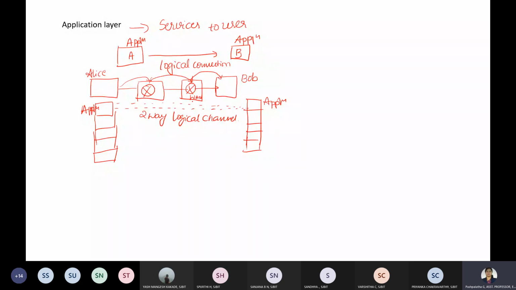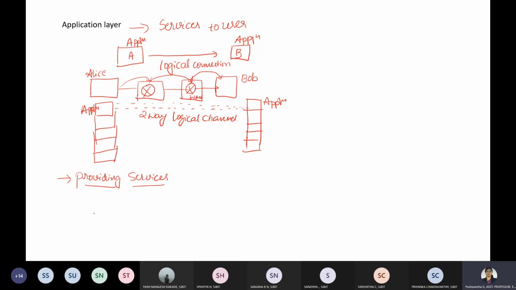We know that the basic feature of the application layer is providing services. So let us talk about what services we mean with respect to the application layer. Think of the telephone network.